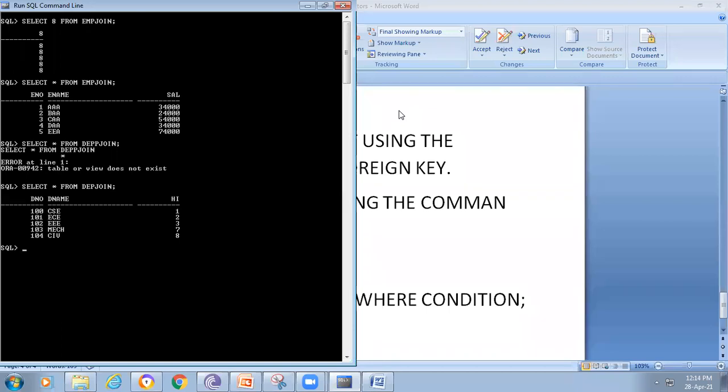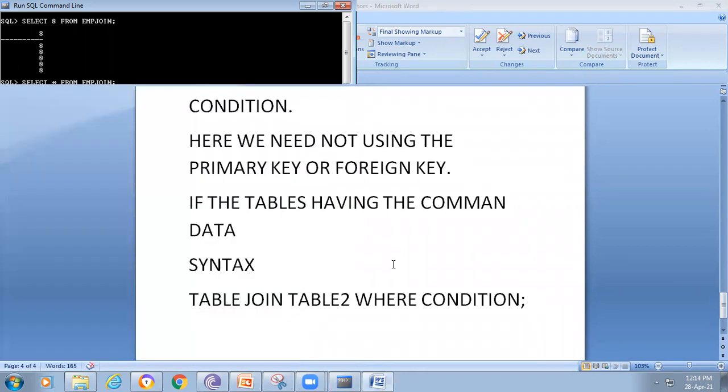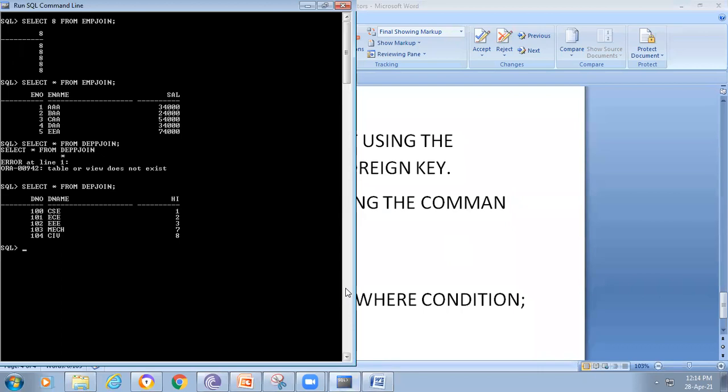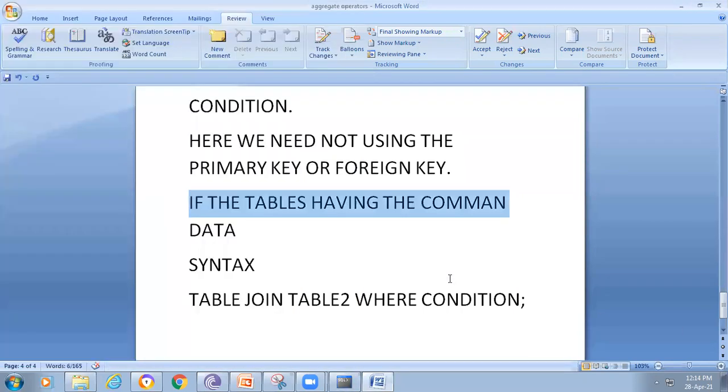Next is the department table: department number, department name, and another field to maintain the common data. If you observe here, the employee number data is 12345, and here 12378. That means if common data is there, we can combine. Am I right? That is the main purpose: if the tables have common data, we can combine them. Now I will try to write the query for the join.